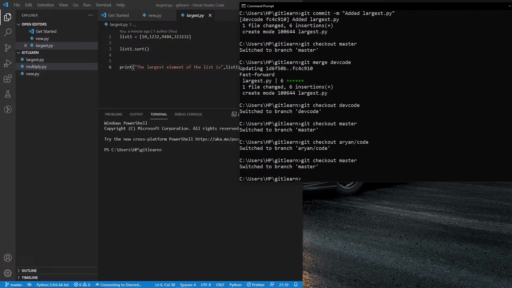What is the use of branches? Why do you need it? A branch represents an independent line of development. Branches serve as an abstraction for the edit, stage, and commit process. If you're working on projects with other people, each one of you can create separate branches to work on the code that is present in the main branch. Once you're done working on your individual codes, you can merge it into the main branch.